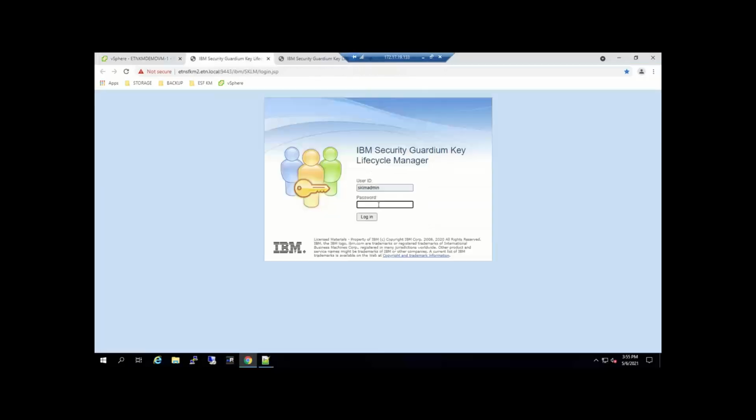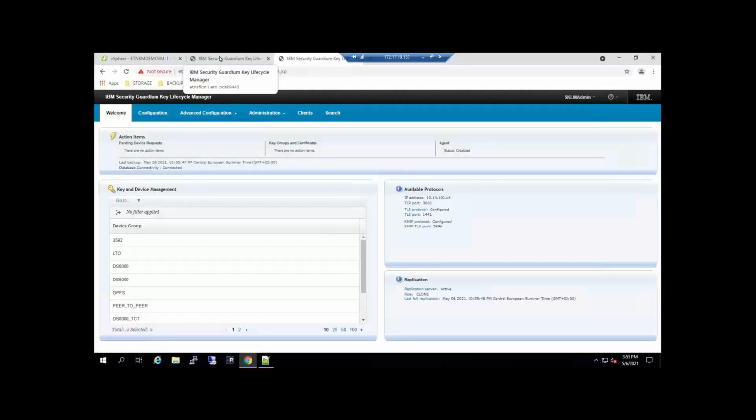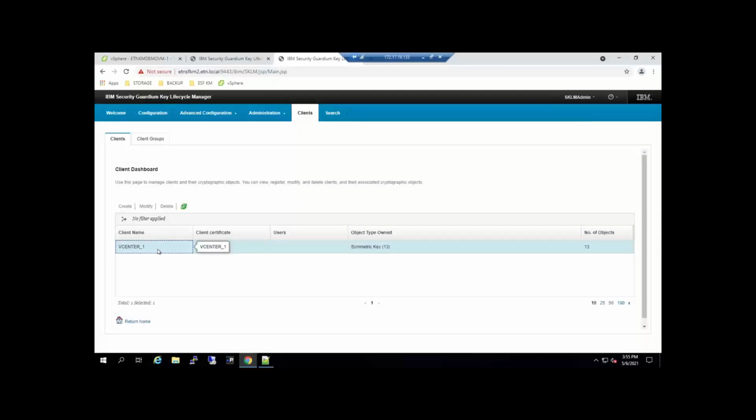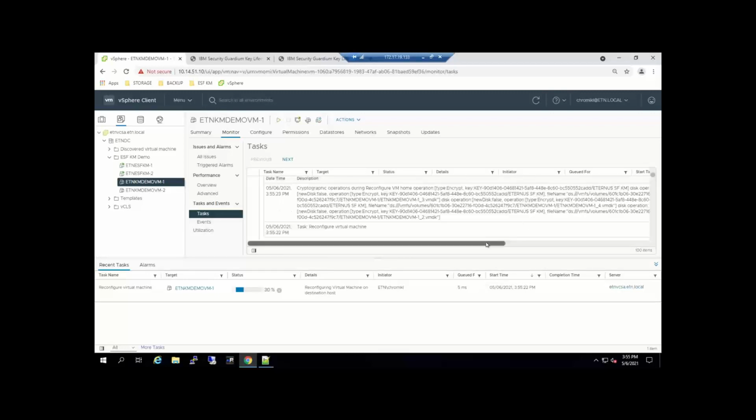In the meantime, I will also log into our clone KM server, because I want to show you that this replication is really working. It's not that I'm just talking about this and not showing. I'll prove it to you. Okay, it will take some time to encrypt them.